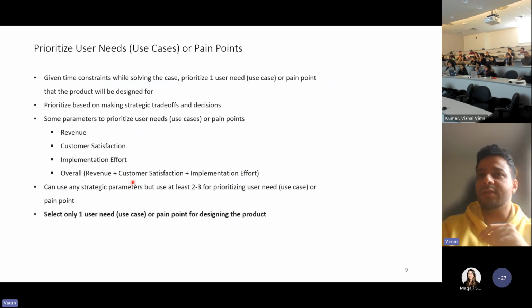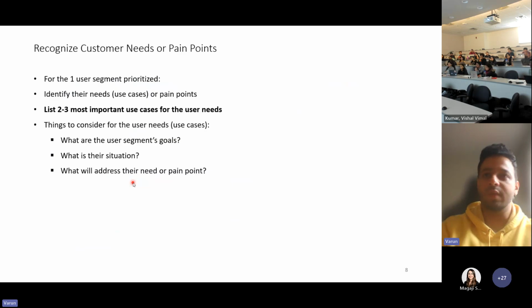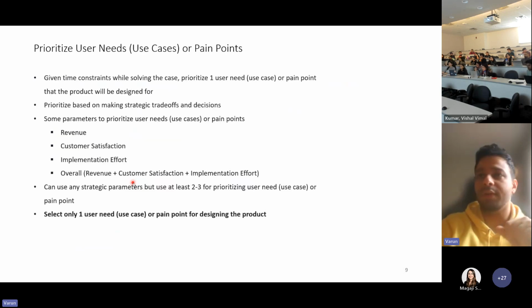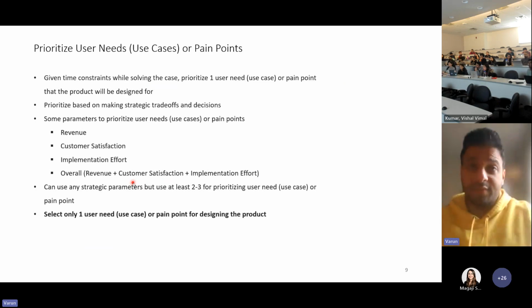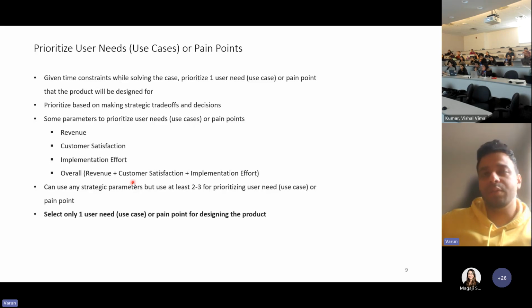And this is one thing I've noticed candidates really miss out: they prioritize the end user correctly. They then mention 2 to 3 use cases and just go off from there. And that is where you derail your answer, right? It's important that you're very specific in prioritizing that one pain point for which you will design the product. And again, remember, this is a very time constrained space, right? You're under pressure. The interviewer is asking questions. It's a conversation. You maybe have 25 to 30 minutes to do all of these things. So the more specific you are, the better it will be, or it is the best way to showcase your skills as a PM for how you will do it in actual practice. But any questions still here